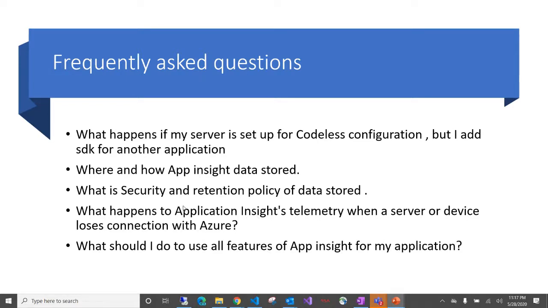Suppose you have an application which was connected to Application Insights in Azure, and all of a sudden your outbound connectivity went off and something happened. What will happen during that period? Will application monitoring be available for your application? The answer is yes. All the agents which we use in our on-premise environment will store this application telemetry in your file system, and it will try every 5 minutes to communicate again with Application Insights to make sure that the data is being transferred there.